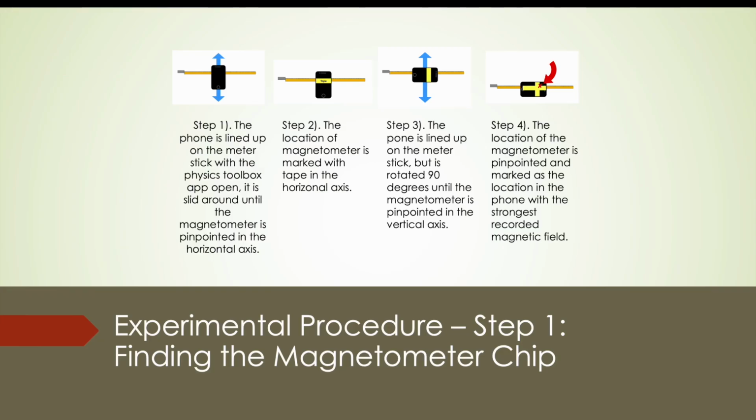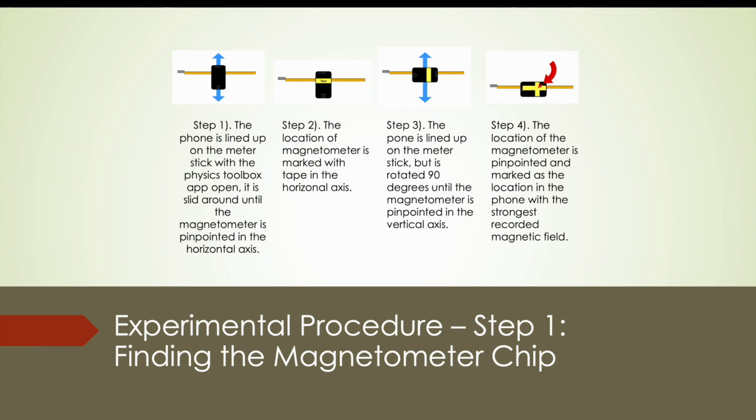Experimental procedure, step 1, finding the magnetometer chip. Step 1, the phone is lined up on the meter stick with the Physics Toolbox app open. It is slid around until the magnetometer is pinpointed in the horizontal axis. Step 2, the location of the magnetometer is marked with a piece of tape in the horizontal axis. Step 3, the phone is lined up on the meter stick but is rotated 90 degrees until the magnetometer is pinpointed in the vertical axis. Step 4, the location of the magnetometer is marked as the location in which the phone has the